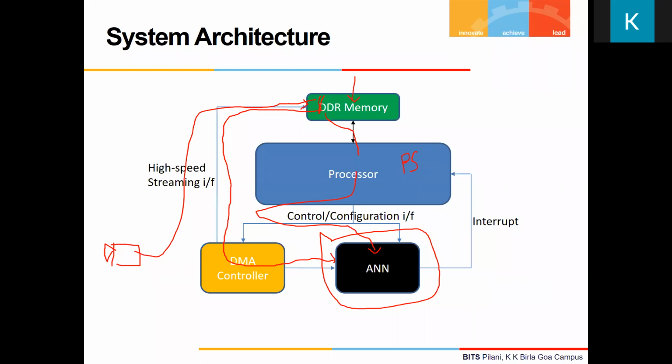Again, the processing throughput speed might not also match. So better to buffer it in DDR. Then using a DMA, we stream it. Again, the processor is configuring the DMA control. So he will configure it, he will stream it to our neural net. And once the data is processed, this guy, he will give an interrupt to the processor saying like, okay, this input is processed. In that case, the processor will be reading from the neural net and getting the output, and he can do whatever he wants based on that.